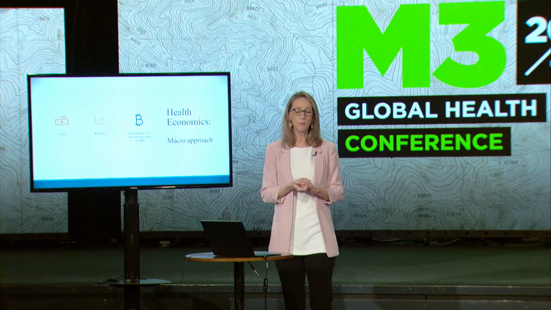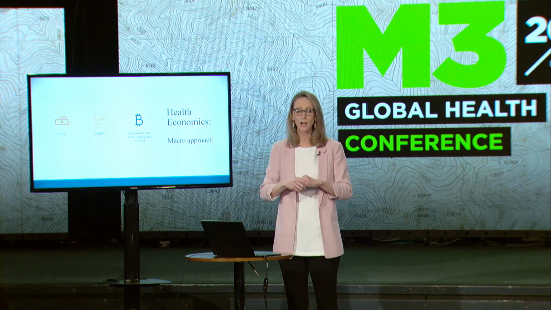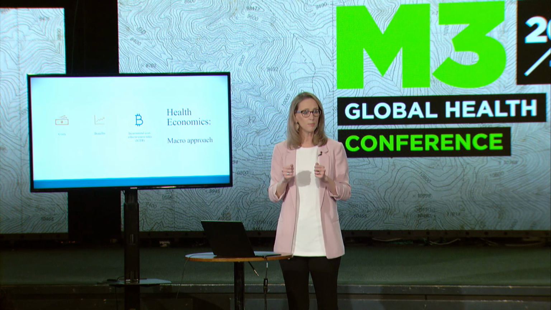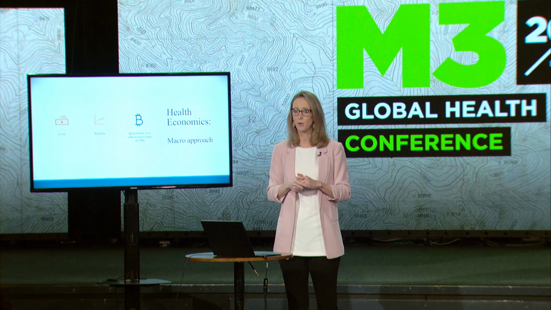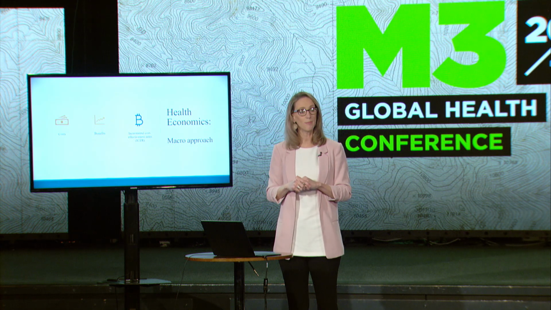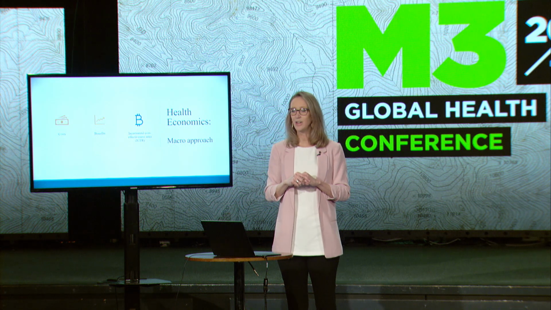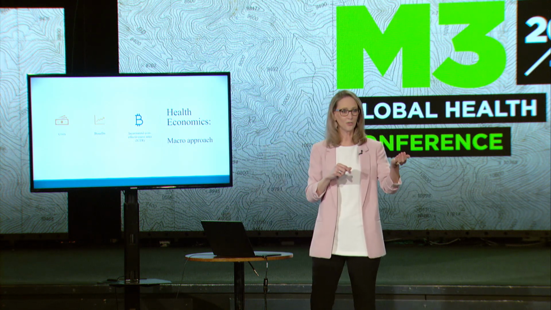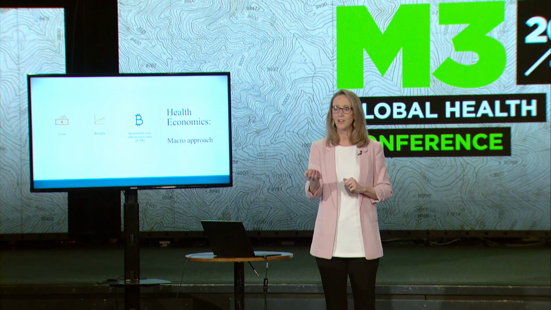So that brings me to the next step. We now know the model, we know the need that we need to overcome. We know some of the barriers to overcome of geography and poverty. Now this next portion is the macro approach. And the way to do this is, if I'm going to ask for $2 million, what is that going to do in terms of saving a child? If I'm going to ask for $50 million, which is probably more likely what it's going to cost, what will that do to the country?